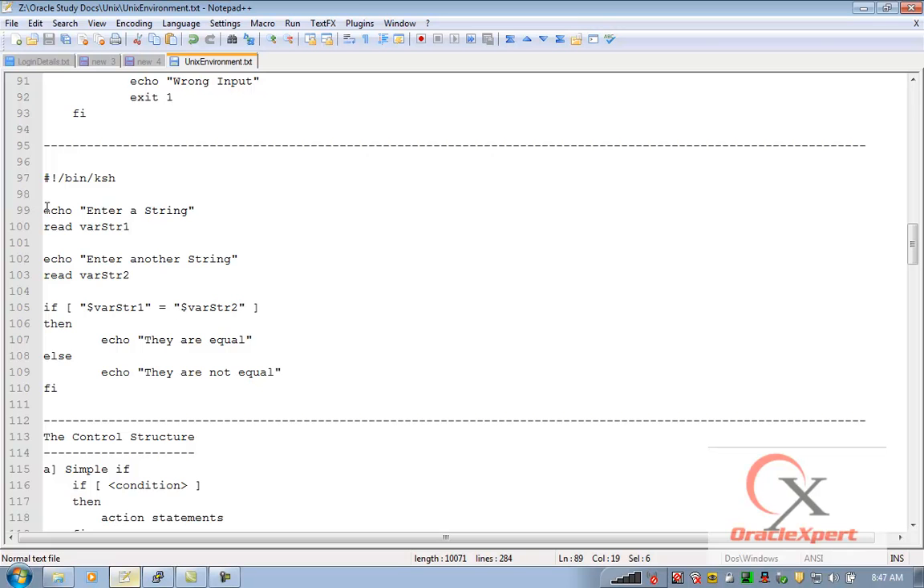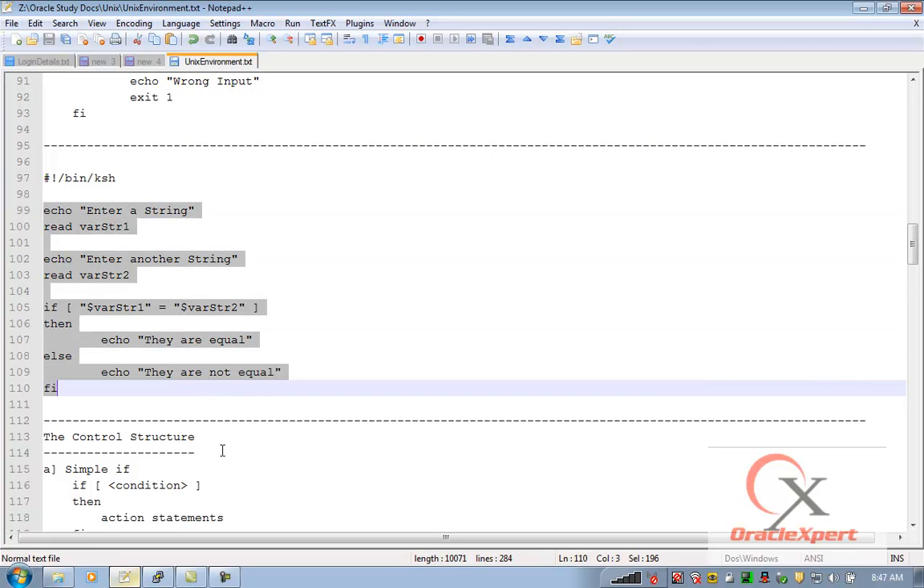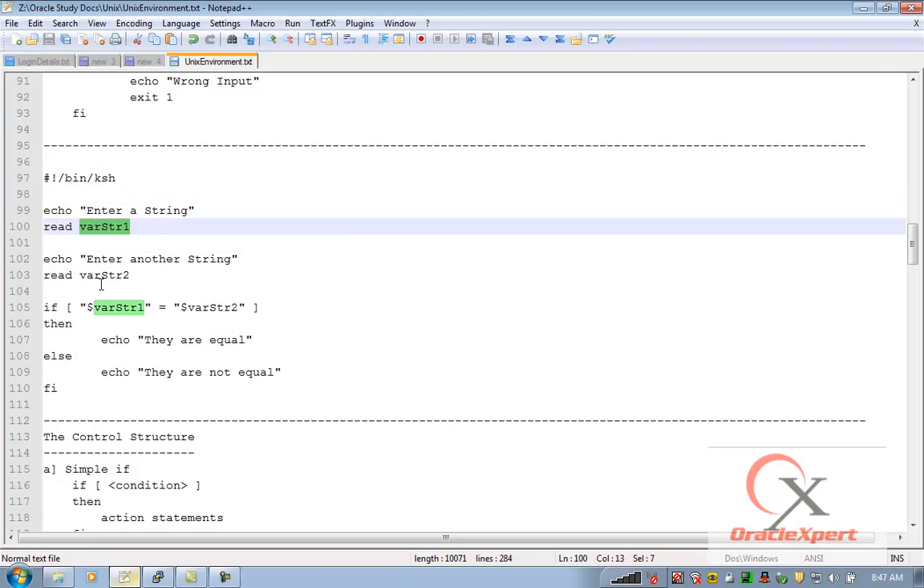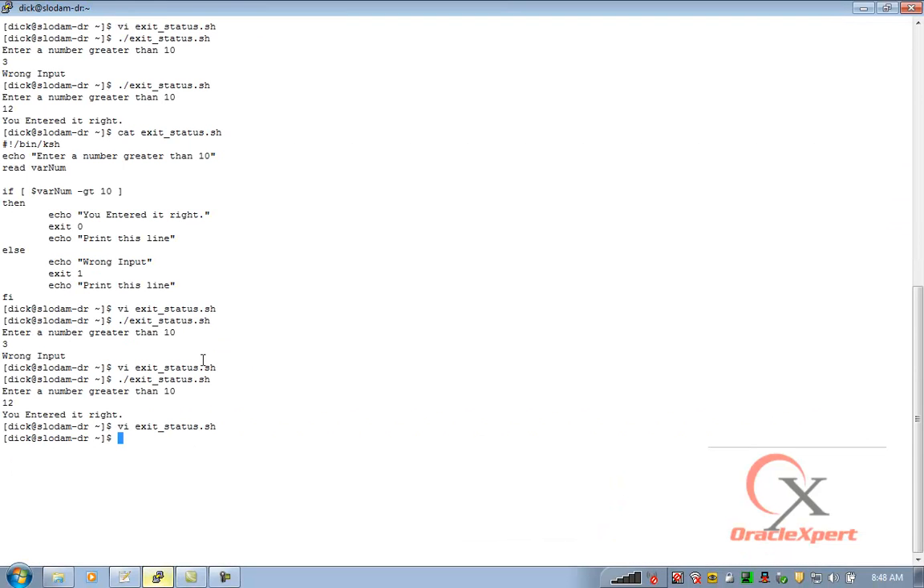Before I do that, let's read this out. I said the first line is always the shell directive. I said enter a string. I accepted that input in var string 1. So this read command is as good as the scanf statement in C programming. That scanf reads a particular data input from the keyboard and then assigns it to some variable. The same way, read takes whatever is provided from the standard input, and it terminates when a new line is encountered. So that's why if I write a simple instruction,